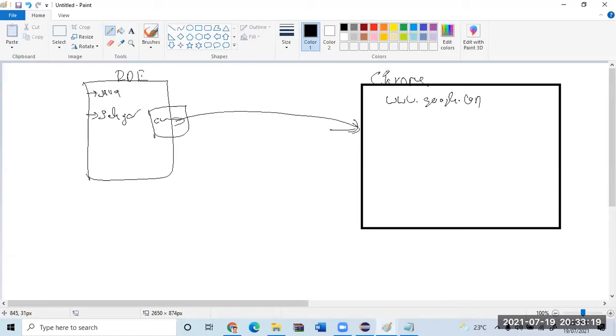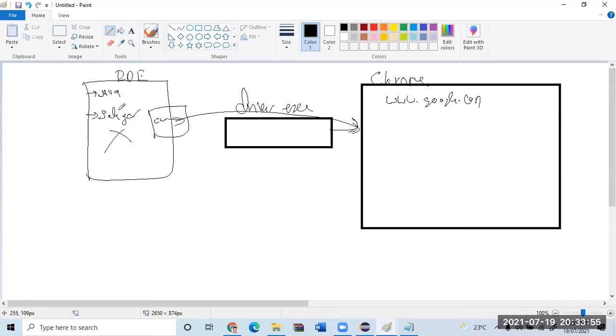Yes or no? Yes. But the browser will not allow Selenium to do it because it will think that somebody is hacking the Chrome browser, somebody is trying to access the browser illegally. That is the reason any of these tools will never be able to access the browser directly. So they came up with one solution. They developed one mediator software that is called the driver executable.